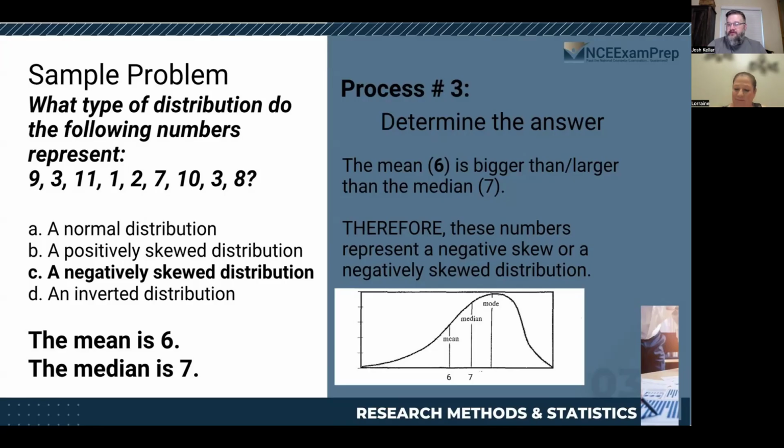Okay. Any other questions like that? Skewed distributions do